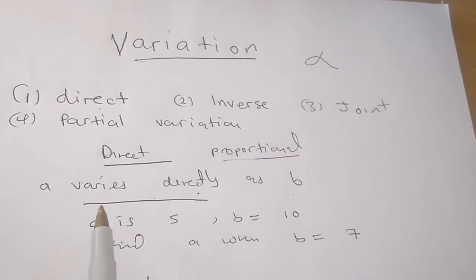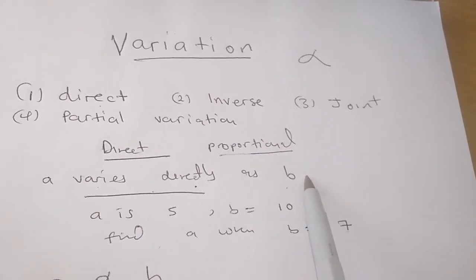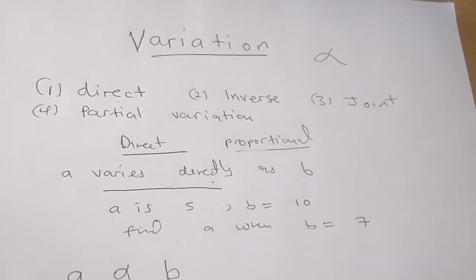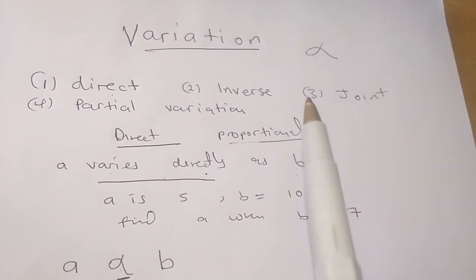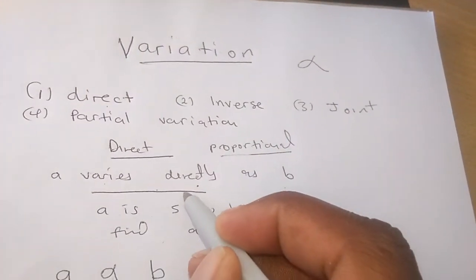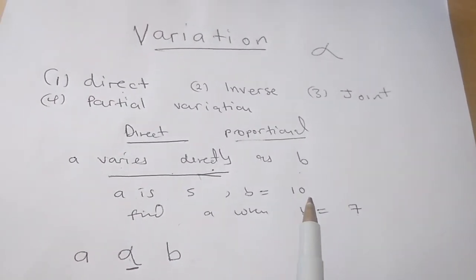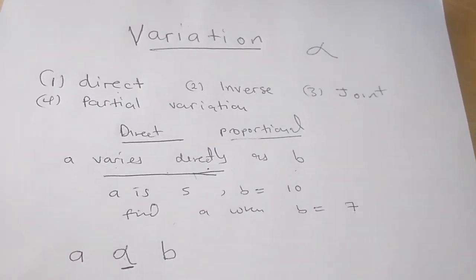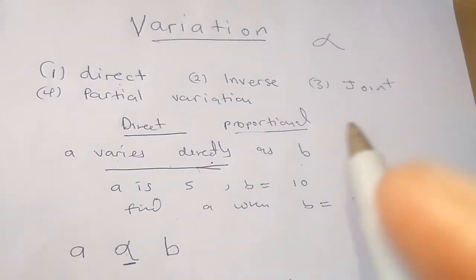So the question will be A is directly proportional to B. How do you tell that I'm dealing with a direct variation? You look at the word directly. There has to be that word inside of the question, because the huge issue is to distinguish between these four